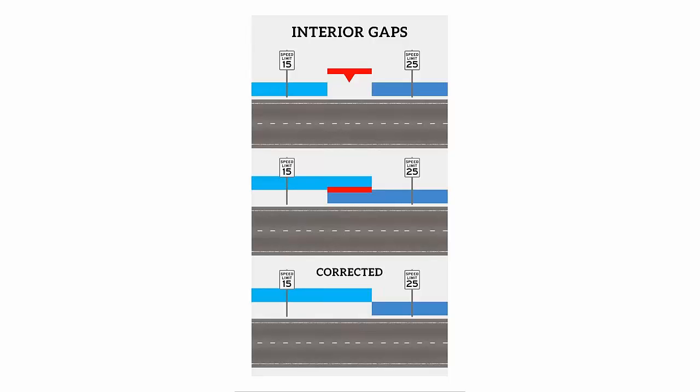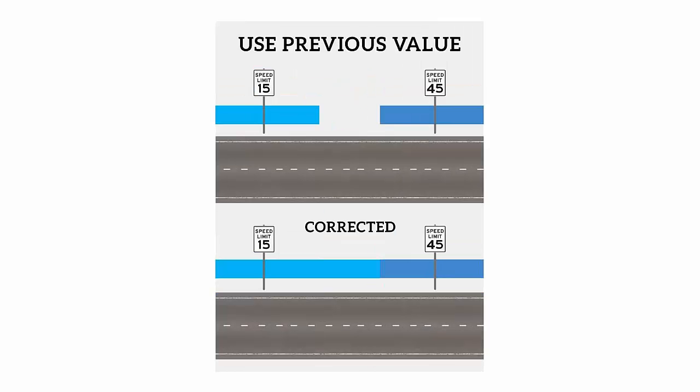So next we have the interior gaps. This is interior gaps or interior overlaps, as you can tell by the diagram here. And at the bottom there we show a corrected box. The interior gap correction options are actually one of the things that you select as you run the function. There are several options we'll click through now.